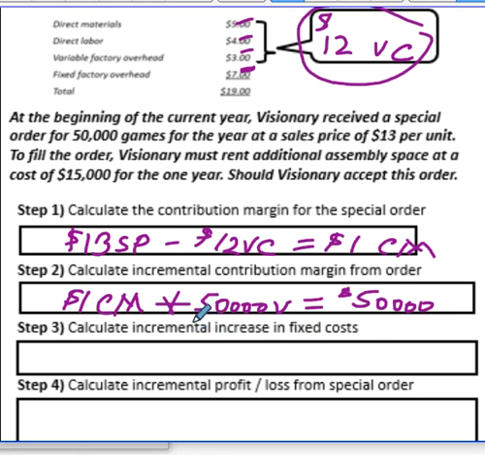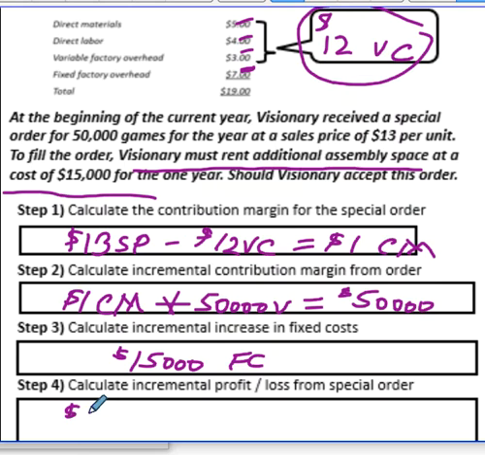So now we have to see, do we have any incremental fixed costs? In this case, Visionary must rent additional assembly space at the cost of $15,000 for the year. So we have an increase of $15,000 in our fixed costs. So our incremental increase in our contribution margin is $50,000, and we subtract out our incremental increase in our fixed cost of $15,000, and the difference between the two happens to be